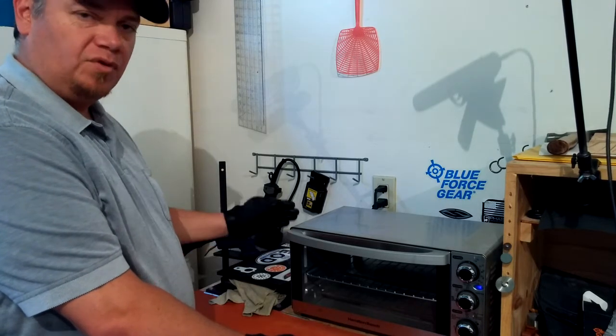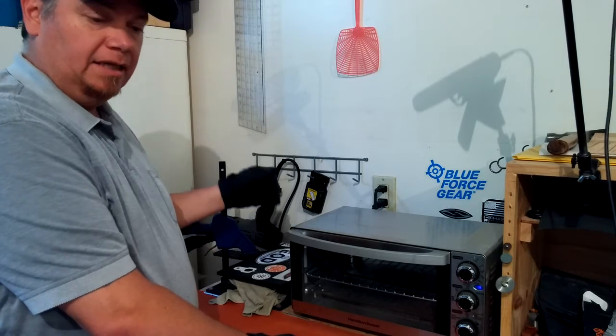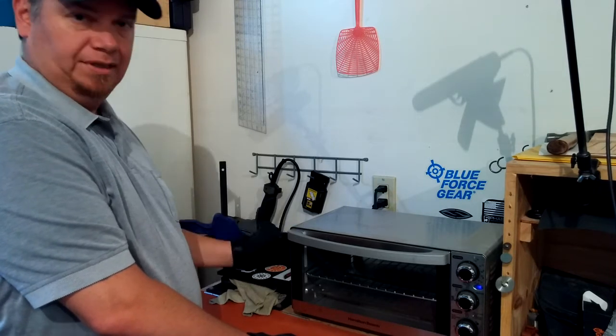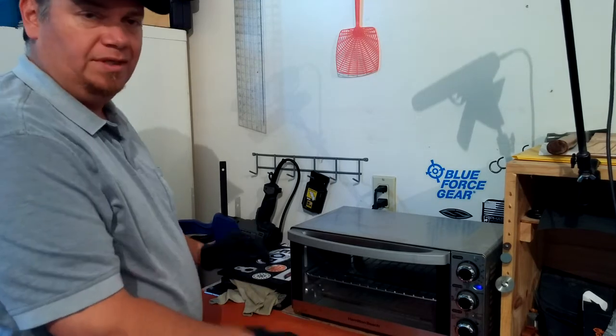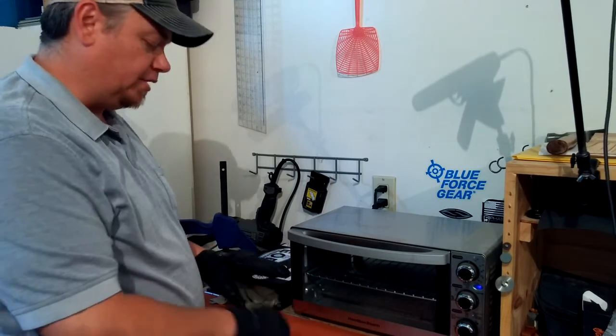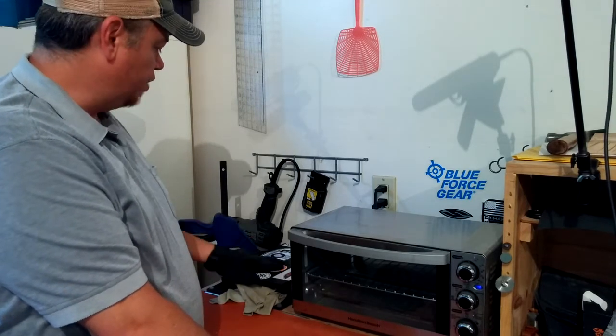I've made the mistake of removing the material too soon. If it's still hot, it's okay, as long as it's not pliable still. If it's still pliable, that's where you're going to have a problem. You can pull it out when it's still slightly moldable, and you can actually get some curve to your holster by doing that. I find it better just to wait and let it cool off pretty much completely, and then